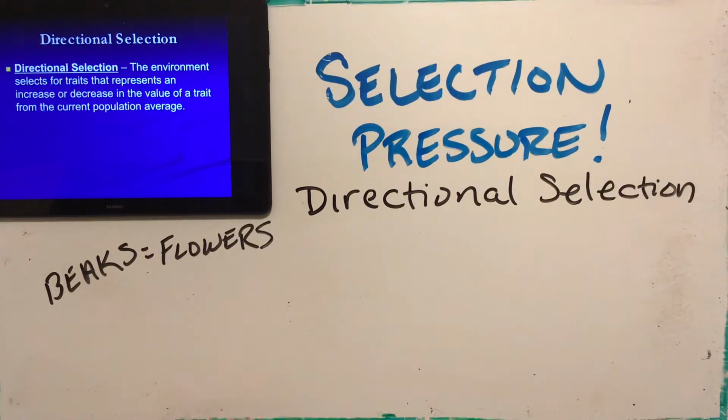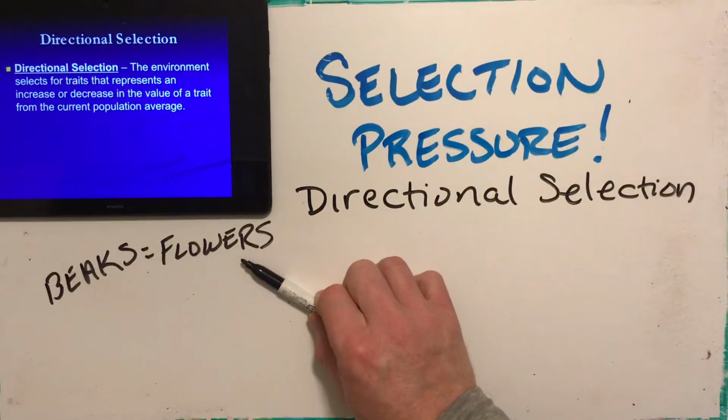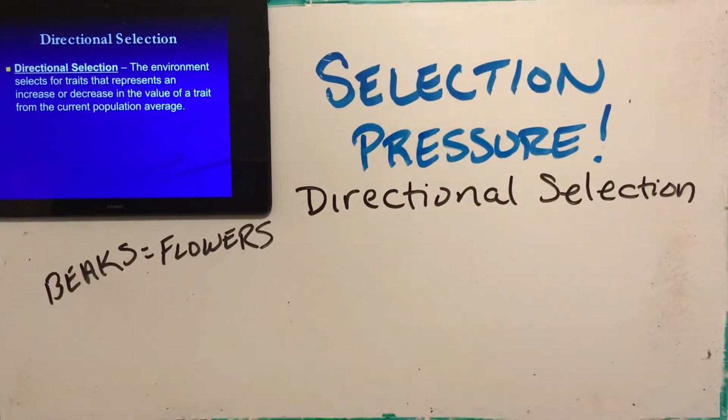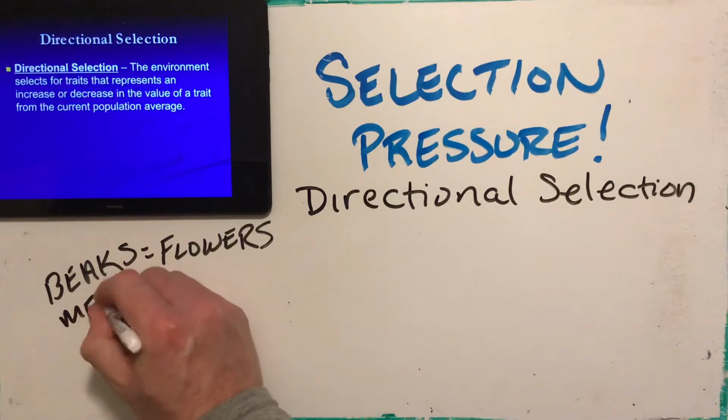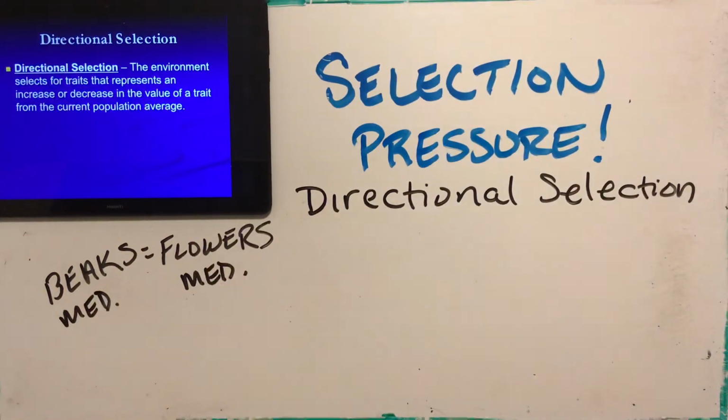Water stays the same. Soil content stays the same. Air temperature stays the same. Predators are the same. My coloration of feathers is the same. Everything is the same. The environment changed one little thing. Flower length, right? So that little change in the environment shifts the population one way or the other. So if we have medium beaks to match up with medium flowers, what that means is that perhaps people